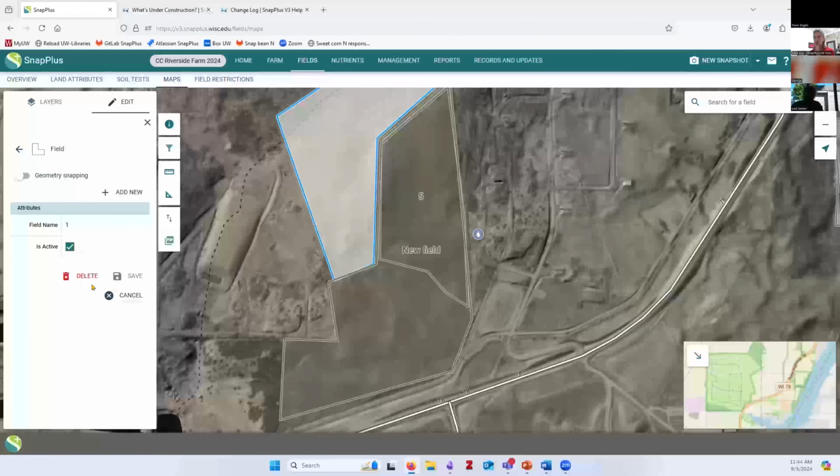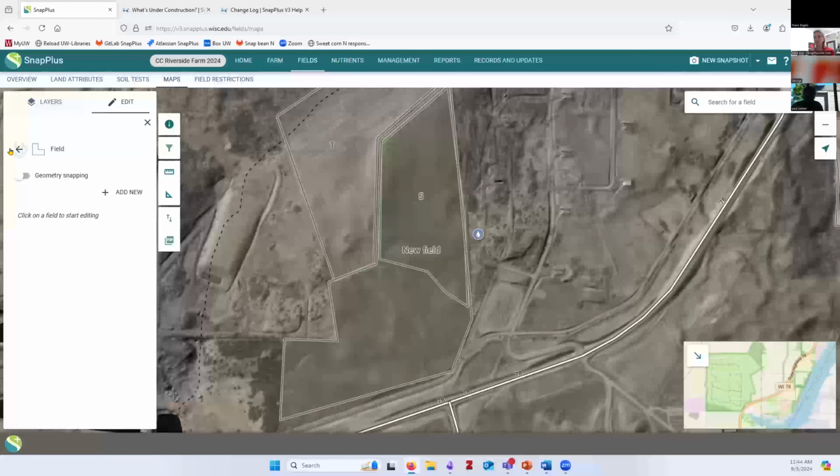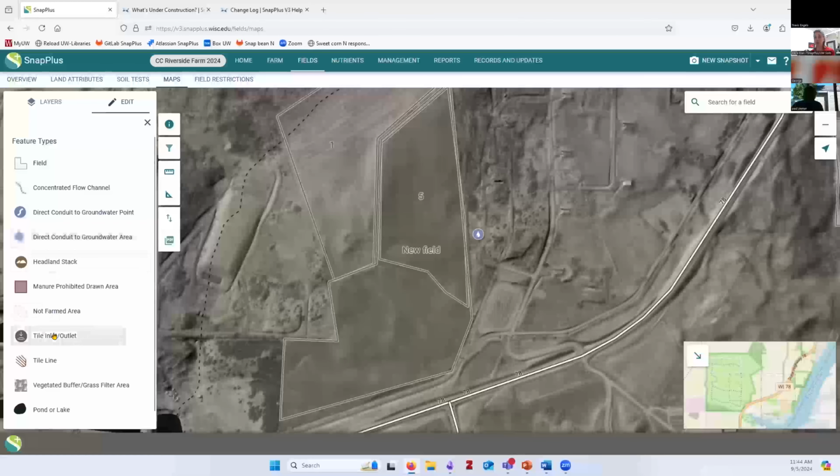And then if I want to make any changes, I would save them. Since I haven't changed it, I'll just click cancel because I want to leave that field as it is. So you can see the other feature types that you're able to add here. And there's a few that I think are not yet on this list, especially as it pertains to some of